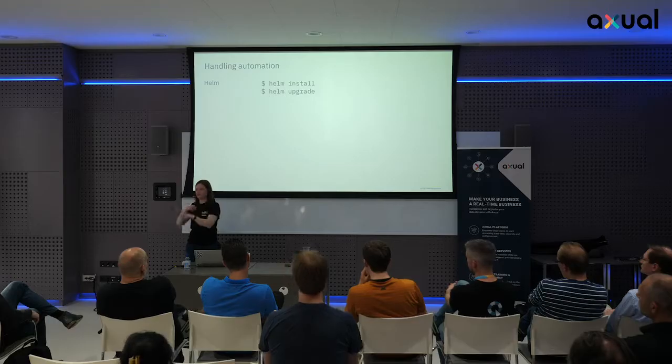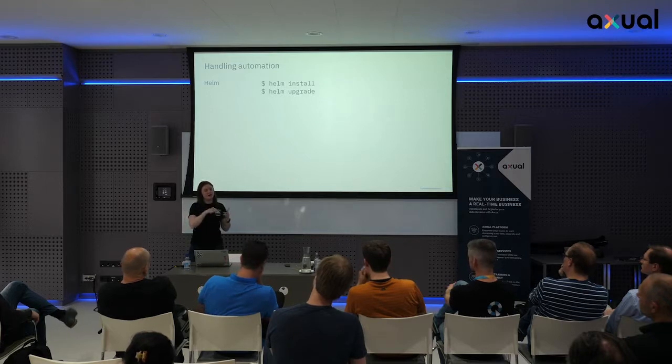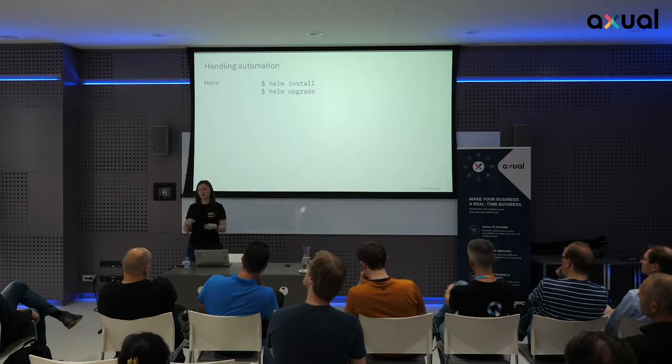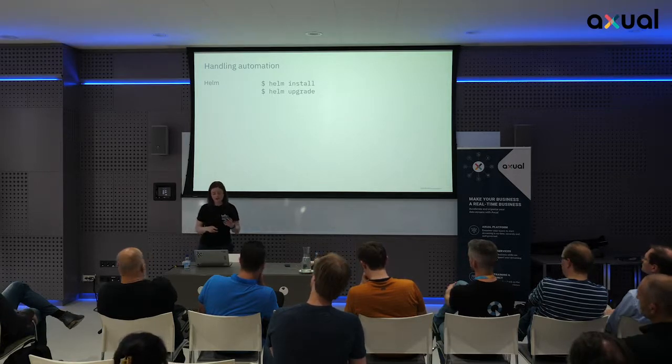Because our offering is on-premise and we give someone a package to install, they run Helm install, and it stands up literally everything. So it'll stand up all of the Kafka brokers, Zookeeper, our UI, all of the pieces. And the nice thing is, you can do a Helm upgrade, and Helm has hooks that you can add in. So you can say, before you do a delete, these are the things you need to clean up, or before you do an upgrade, I want you to change these specific pieces. So that's how we're currently doing our automation.